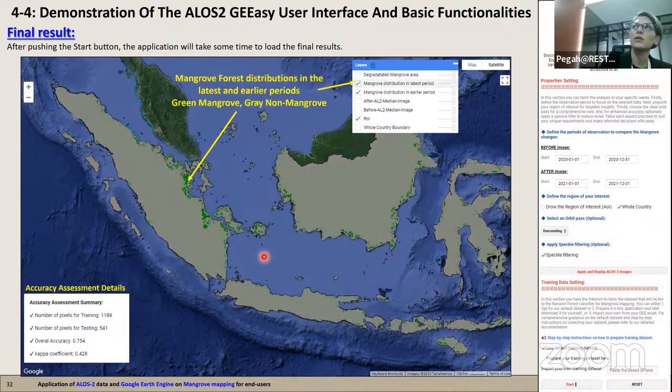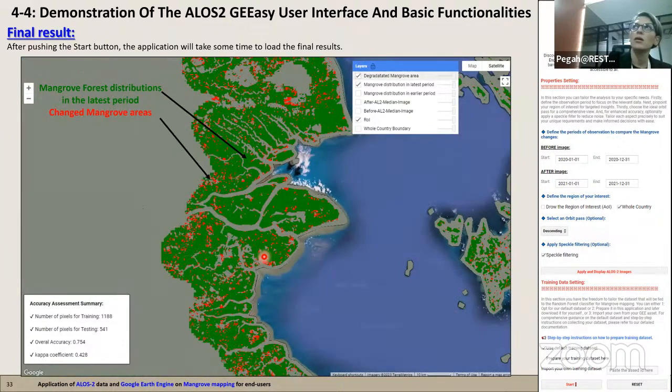You see those areas, and this is the mangrove extent map. The green one is the extent of mangrove, the red one is the change within the period. Of course, the accuracy of these data is still